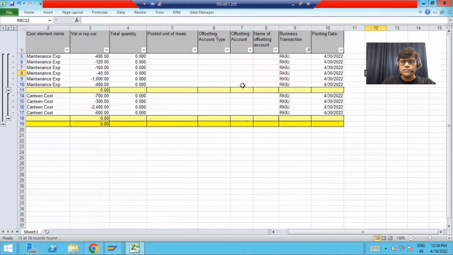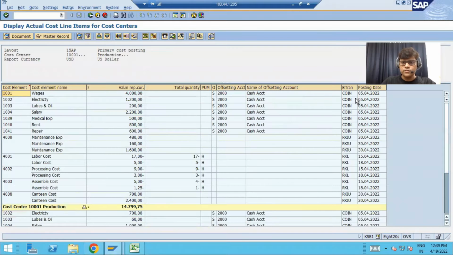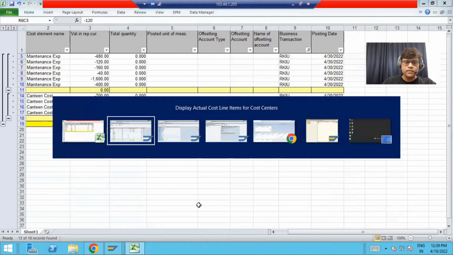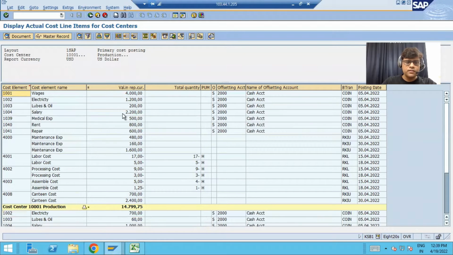RKIU transactions means 30th April. So these are 30th April transactions. Just ignore other transactions, 30th April transactions, and particularly the RKIU business transaction. So you can see the minus entries are available here. This is my sender cost center, utility. So 480 is minus, and 480 you can see here is the plus entry